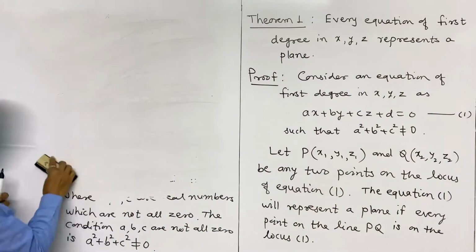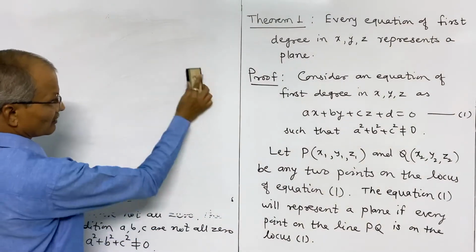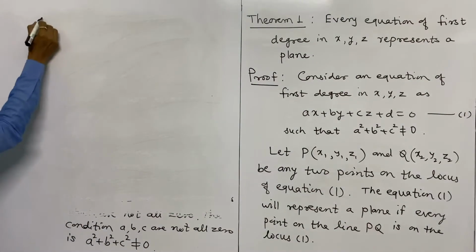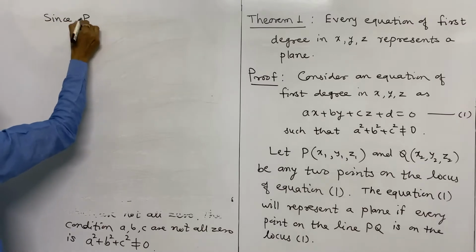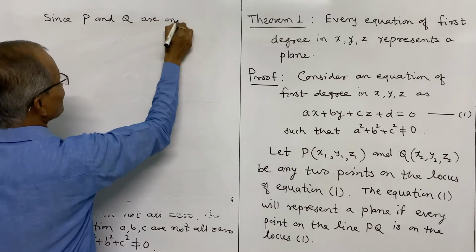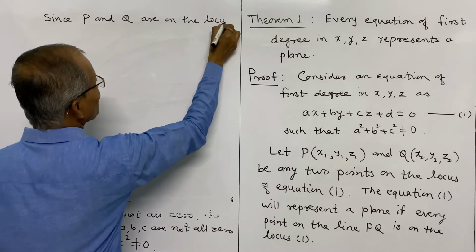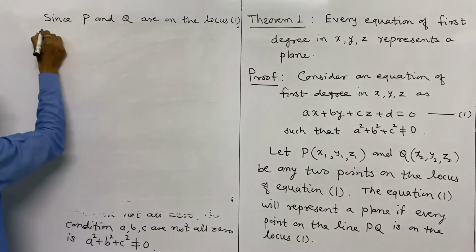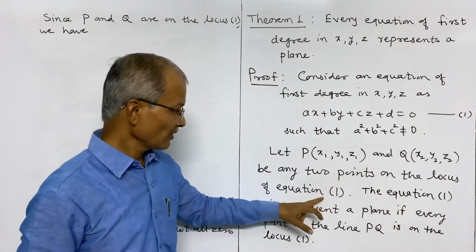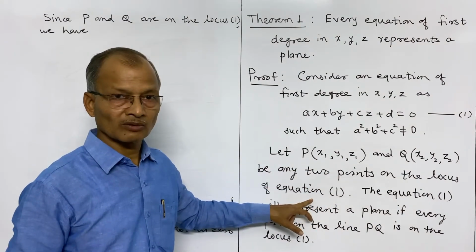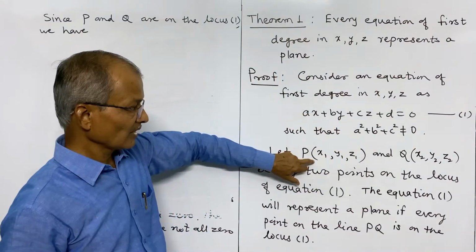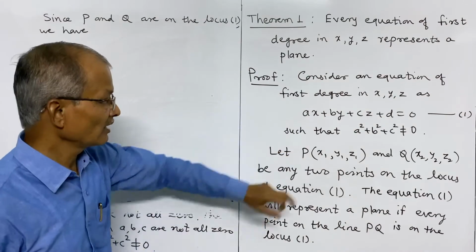Now we will use this condition that P and Q are on the locus 1. Since P and Q are on the locus 1, we have: a point lies on the locus means it must satisfy the equation of the locus. So this P and Q lie on this locus, the coordinates of P must satisfy equation 1, and that gives,